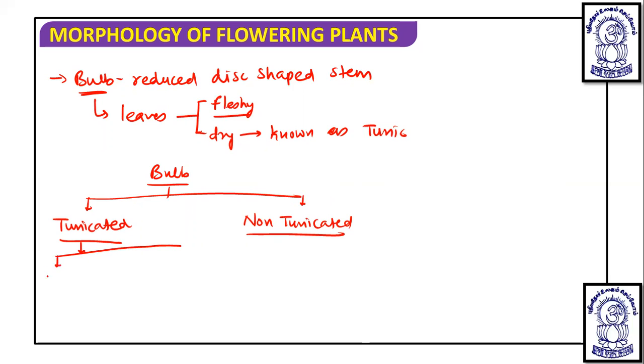Now these are further divided into two types: simple tunicated. So in this the example is onion, because only one peppery covering is found over the whole onion, and that is a tunic. But another is the compound tunicated,